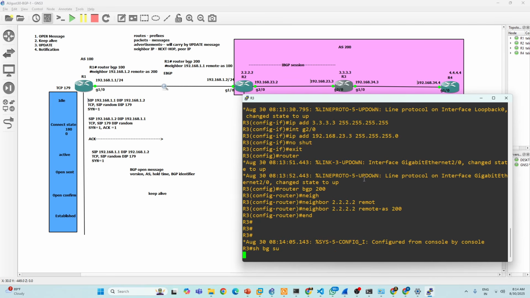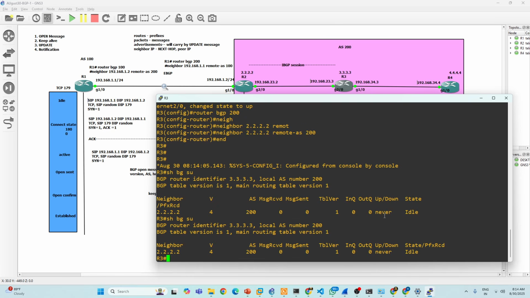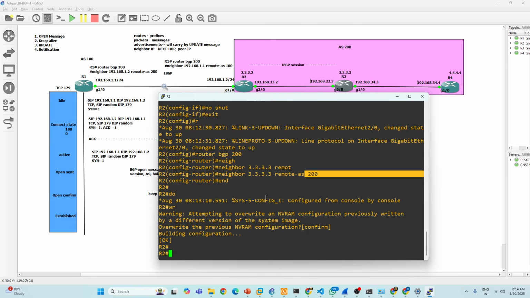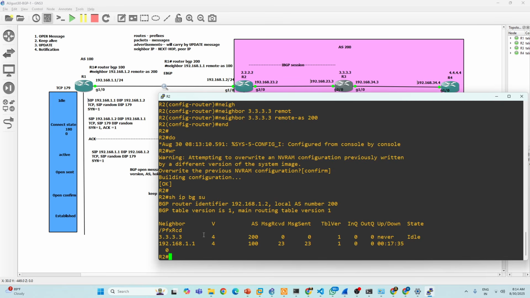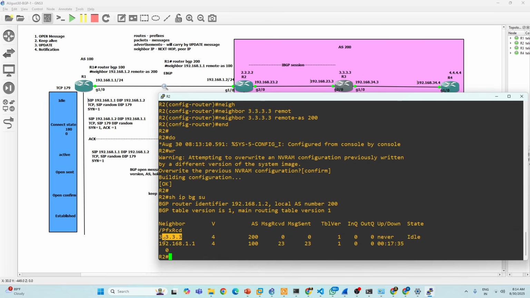Now I have configured BGP, right? Let's see if BGP will establish. Is BGP establishing? See now. No. So if you want to establish a BGP, first what you need to do? Go on R2 now. What is my BGP neighbor here on R2? 3.3.3.3. Show ip bgp summary. It's not establishing; it never tried. So 3.3.3.3 is not established.